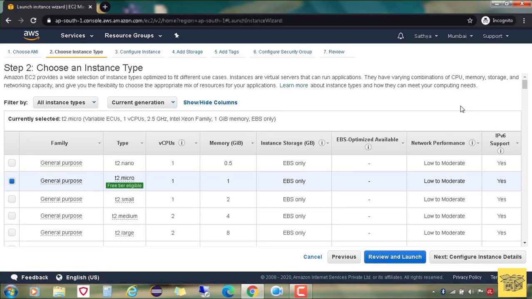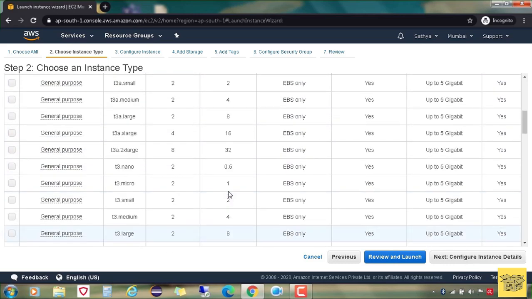The first type is the general purpose instance. This can be used for applications that require a balanced performance with less processing and moderate cost. It can be used as a backend server for an enterprise application or an email response system. So these are the specifications of it. The vCPUs means the number of cores of CPU, memory is the RAM, storage capacity and network performance. We have a lot of options to choose.